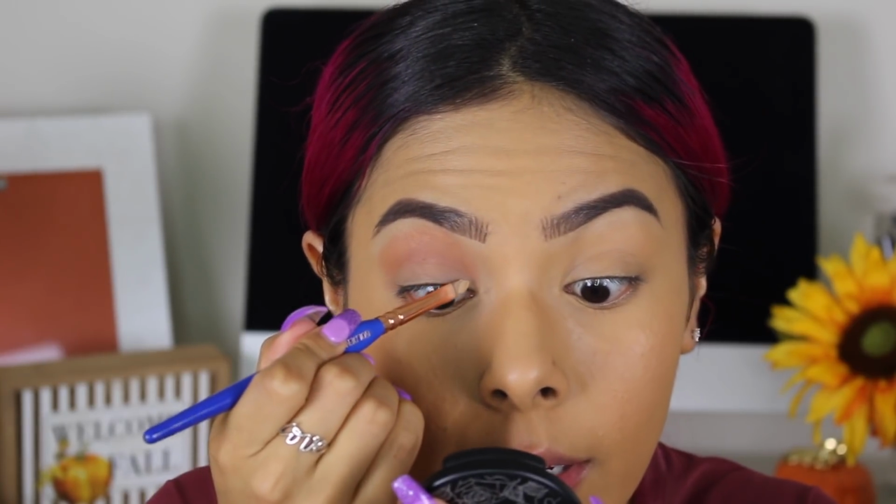So I'm just going to be taking my Tarte Shape Tape concealer in the shade Medium. We're just using the Delium Tools Golden Triangle brush in 542, the bold lip brush. Perfect brush to carve out the crease, like perfect. So we're just gonna be taking